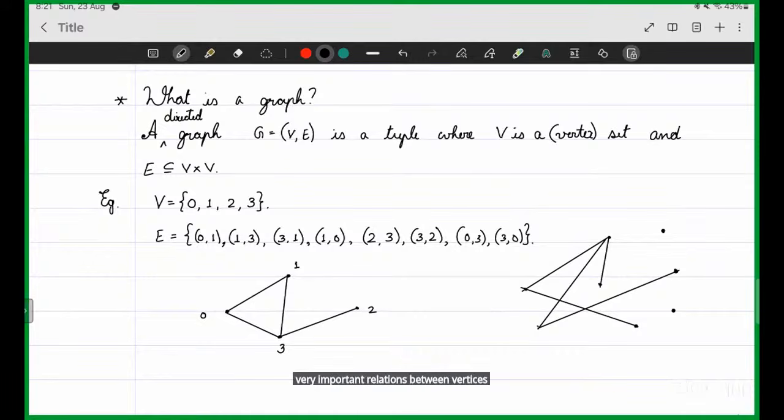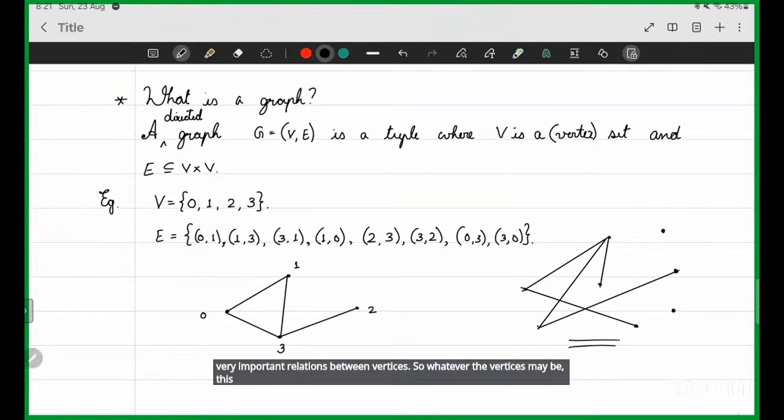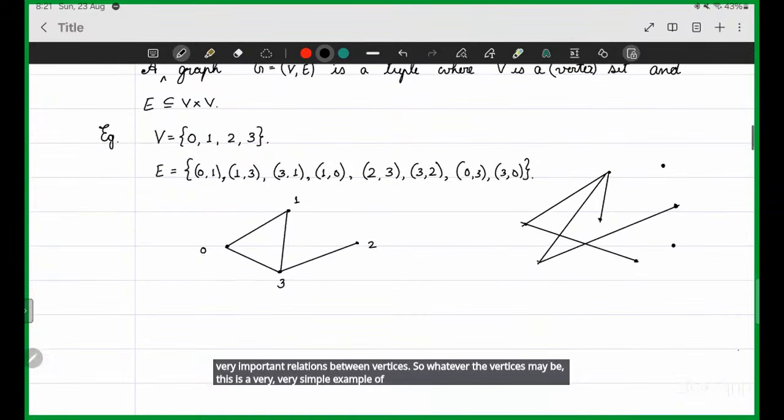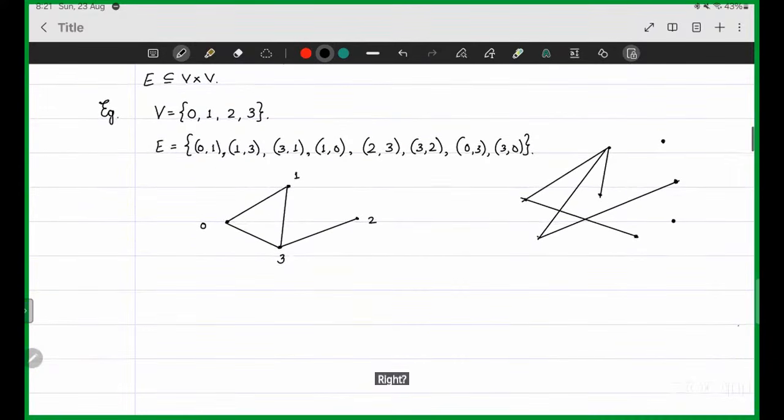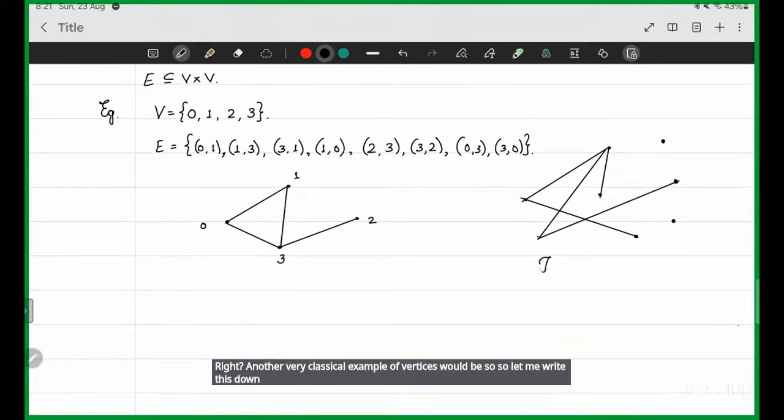So whatever the vertices may be, this is a very simple example of what vertices are, right? Another very classical example of vertices would be, let me write this down for people who look at it later on, a friendship graph